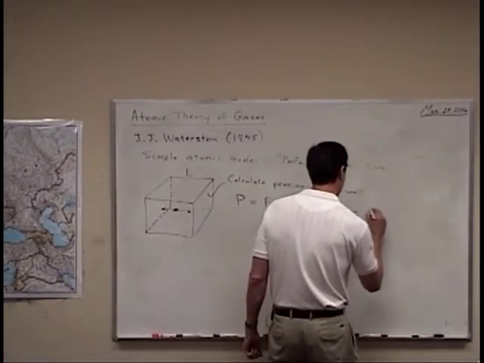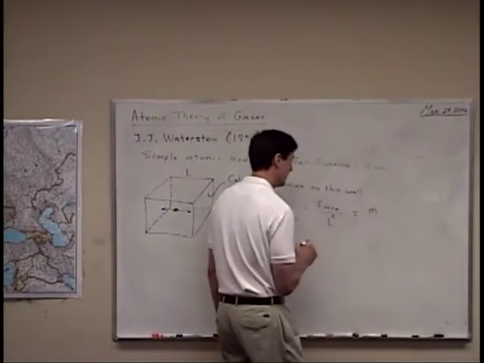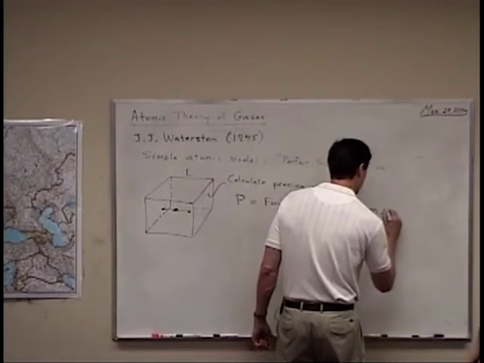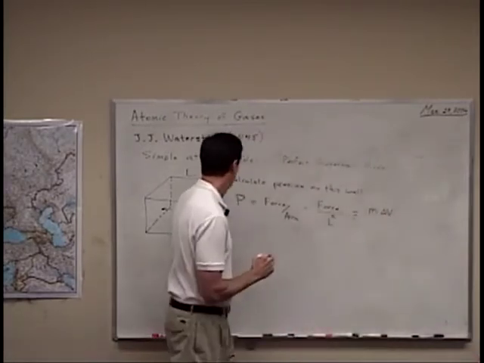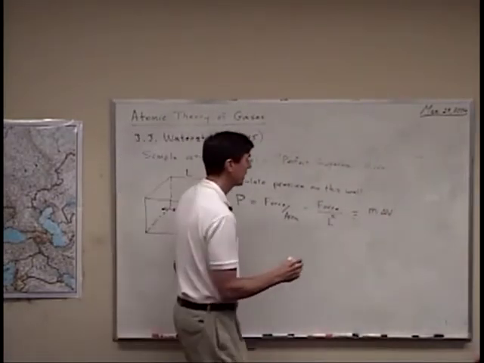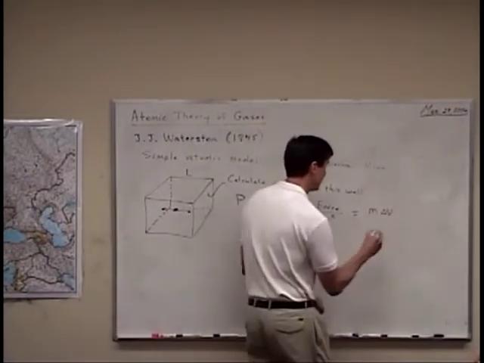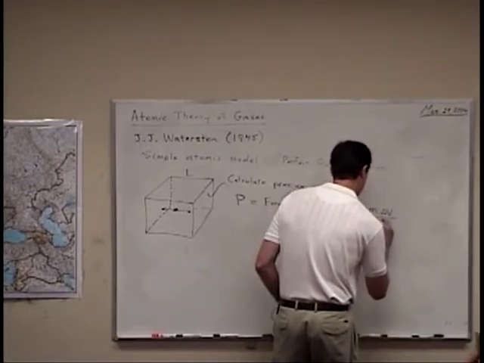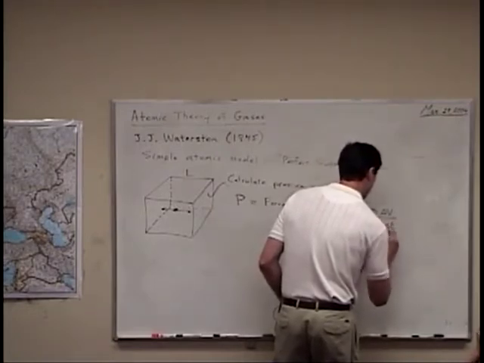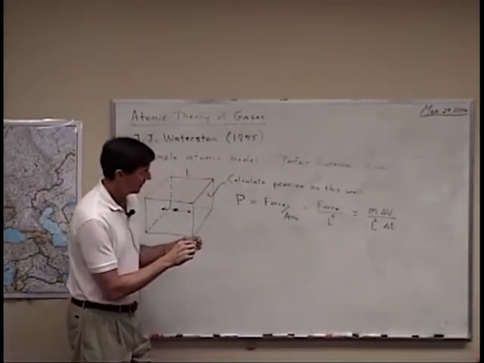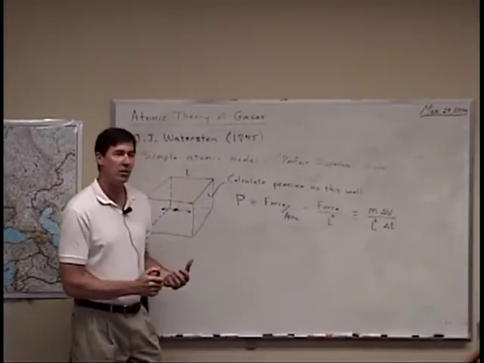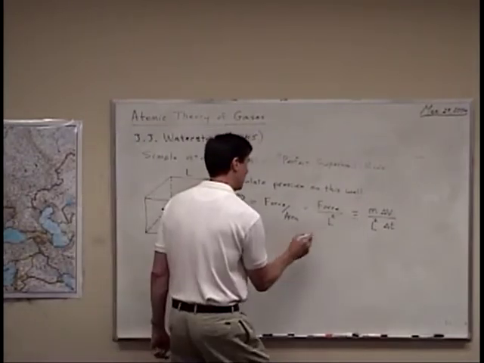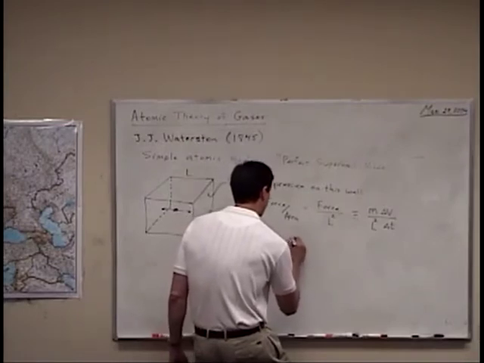Here we have the mass of this little superball, and call the change in its velocity when it hits the wall delta V. And the time interval between hits delta t. So let me actually write those down. So delta V